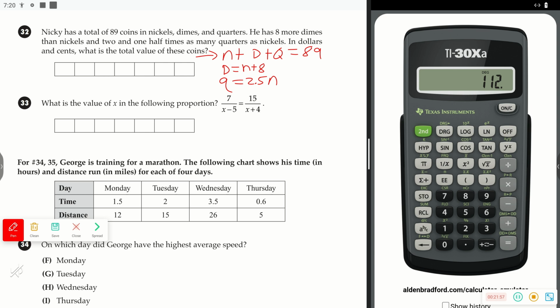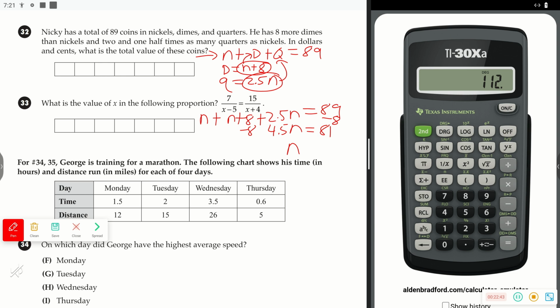So what we want to do now is replace D with this term here. We're going to substitute that in, and then we're going to substitute this in for Q, and we'll have one equation, and the only unknown will be N. So whenever we write that out, we have nickels plus N plus 8 plus 2.5N equals 89. And then if we add this up, we're going to have 1N plus 1N plus 2.5N, which is 4.5N. We're going to subtract 8 from both sides, so this is going to equal 81. Whenever we do 81 divided by 4.5, we get the value of,